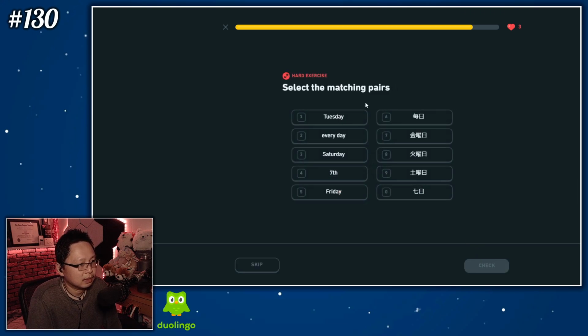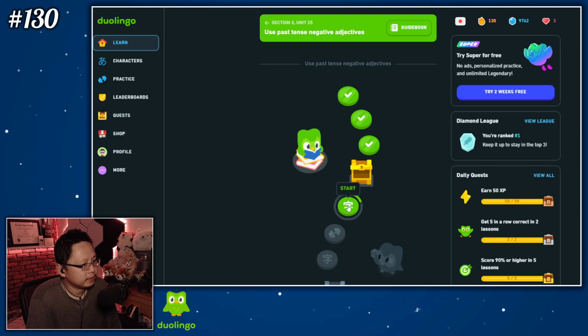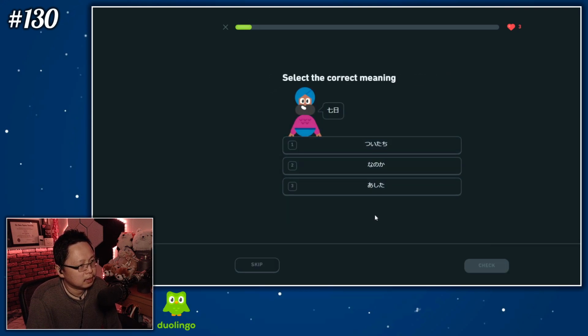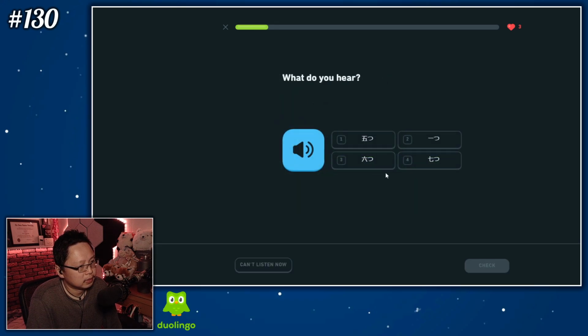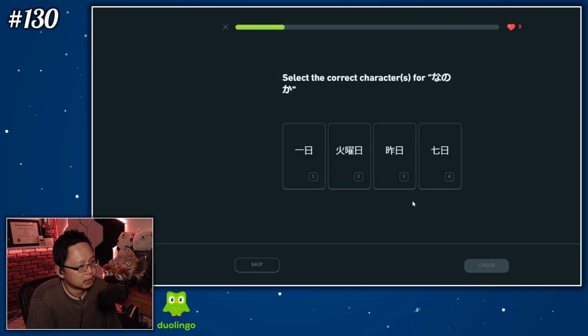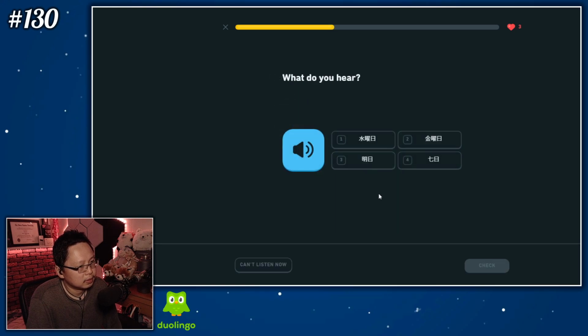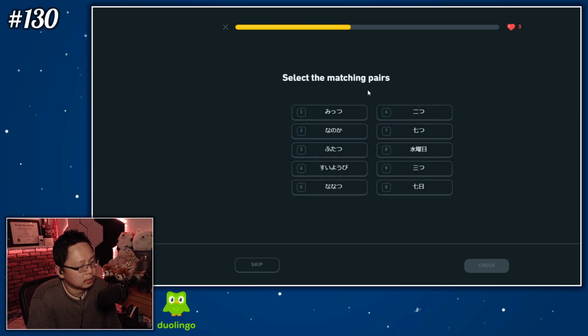It's actually a lot flatter than I thought. 毎日。金曜日。火曜日。土曜日。7日。Okay. 7つ。Okay. 7つ。Interesting. Alright. 7つ。7日。2つ。水曜日。3つ。